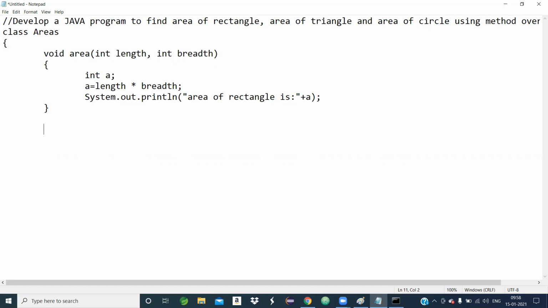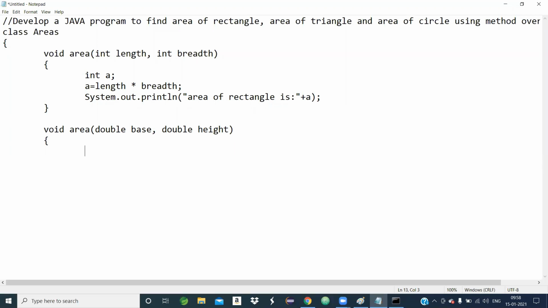Okay, now I will go to the second task, area of a triangle, but we have to represent the concept of method overloading. Means the method name is the same, but the signature must be different. Similarly, the triangle logic is 0.5 into base into height. So I can write double base, double height as my input.